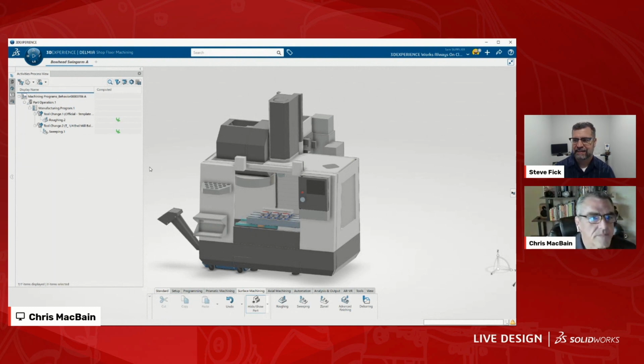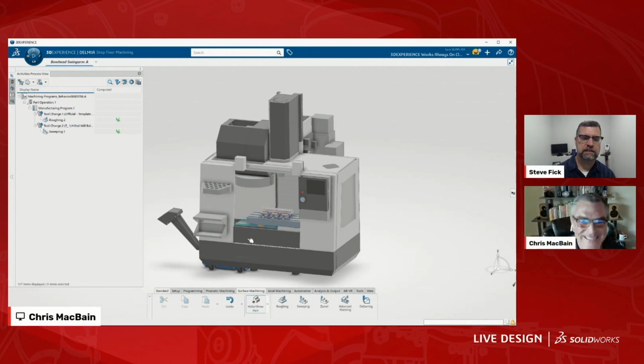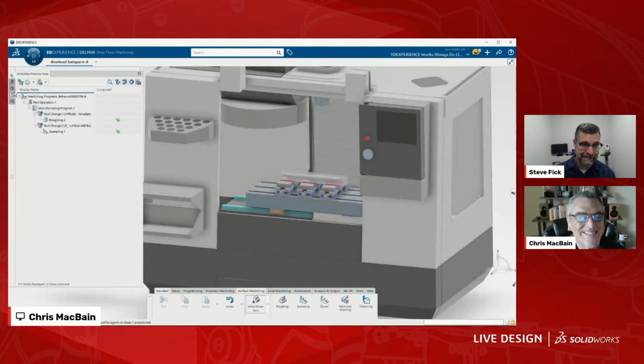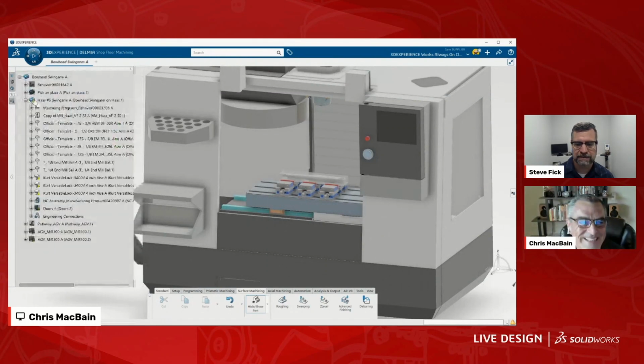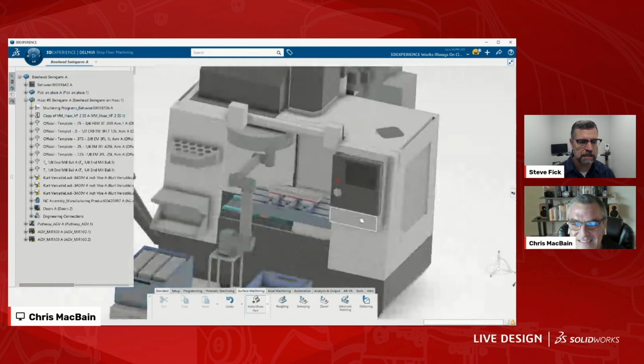We have Mahita saying, I want to name that single file a gigafile. I love it because it's way better than a mega file. Yeah, it's fair. When we talk about the evolution, the topic of the day is that it feels like you can get into this at any entry point you want.